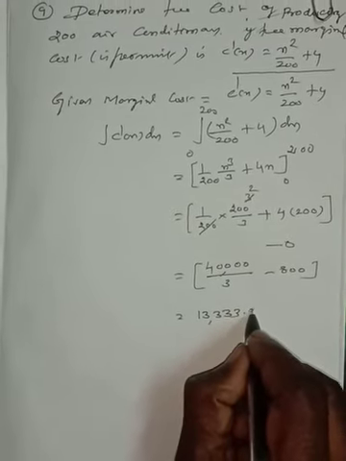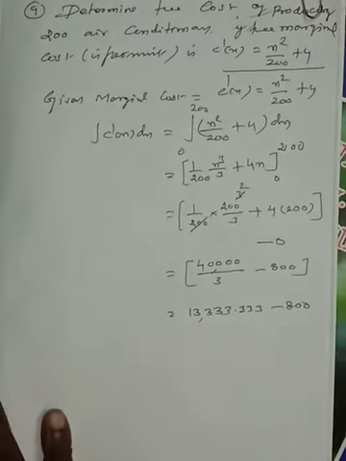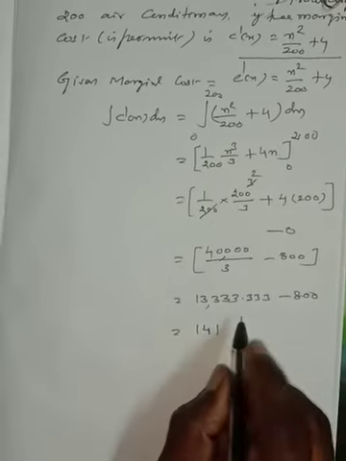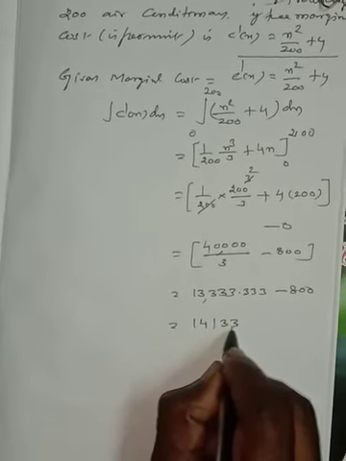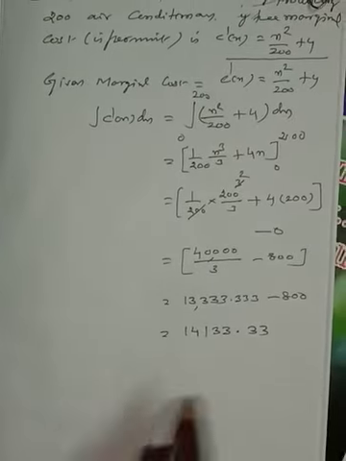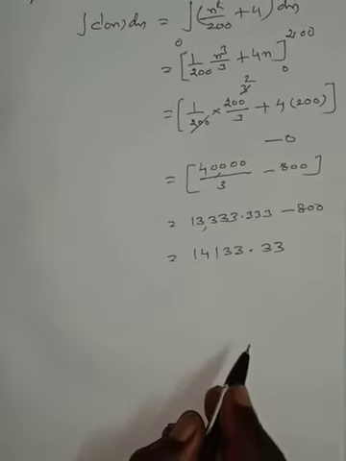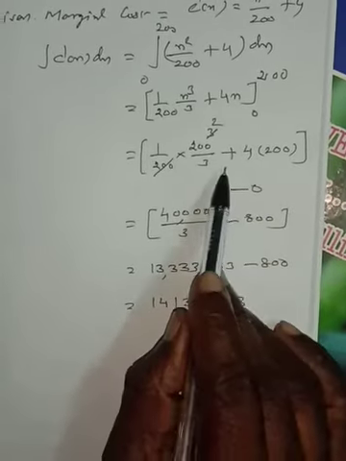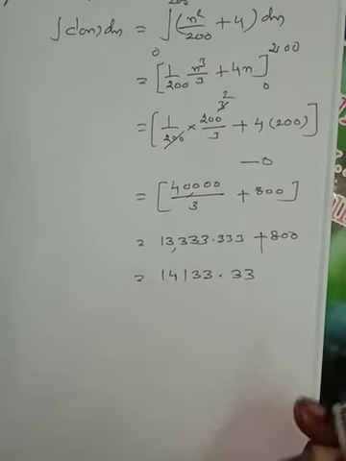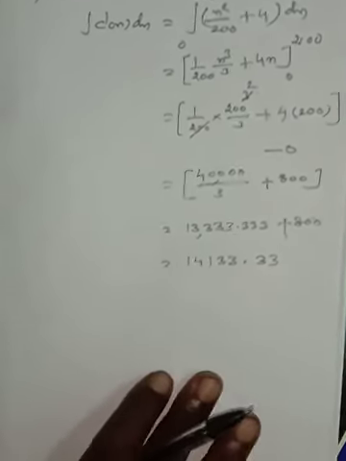13,333.33 minus 800 is equal to 14133. Hence 200 is 800 plus, so plus 141.33. Okay, the cost